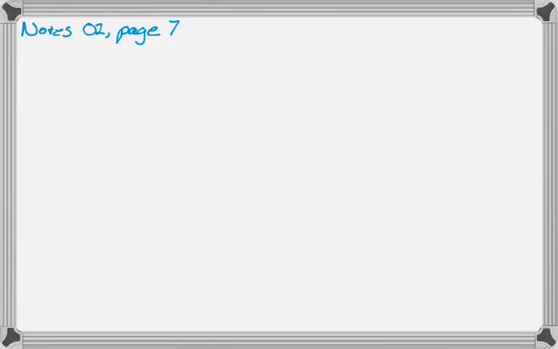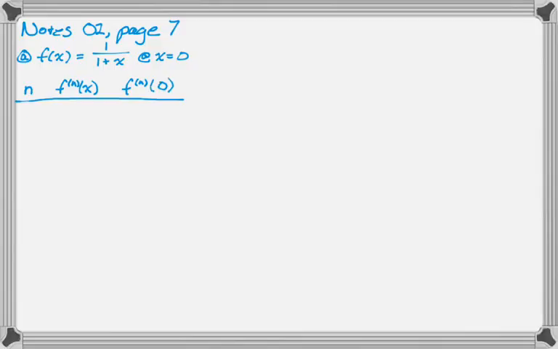So the first question is I want to write the third degree Taylor polynomial for a function. So here's a function. F of x is 1 over 1 plus x, and that's at x equals 0. So previous to this, I've been given a table of values, and I just plugged right in. I was given a way of determining the value of the nth derivative at a point, and then I created the table, and then I plugged in. Here I'm going to have to actually find the derivatives and the values. So it's a little more work, but I tend to think of this as kind of a standard problem. And this one, it turns out, is actually famous, so if you've looked ahead, you might already know the answer